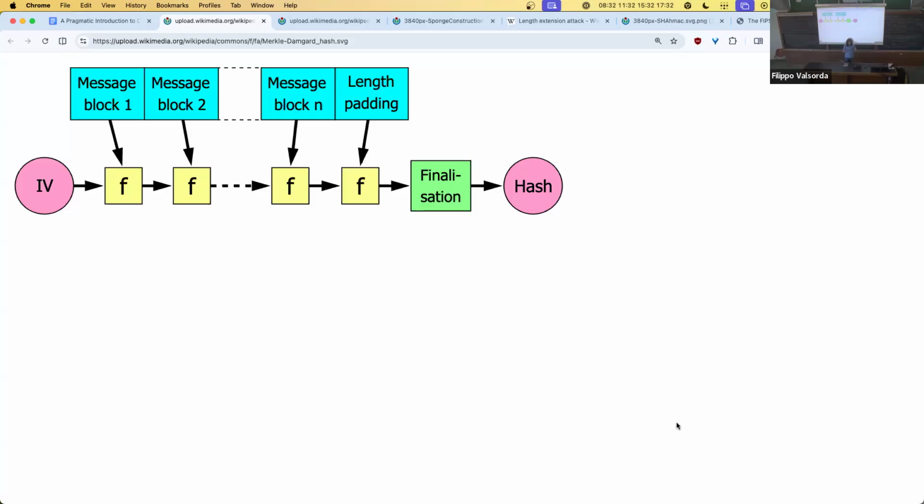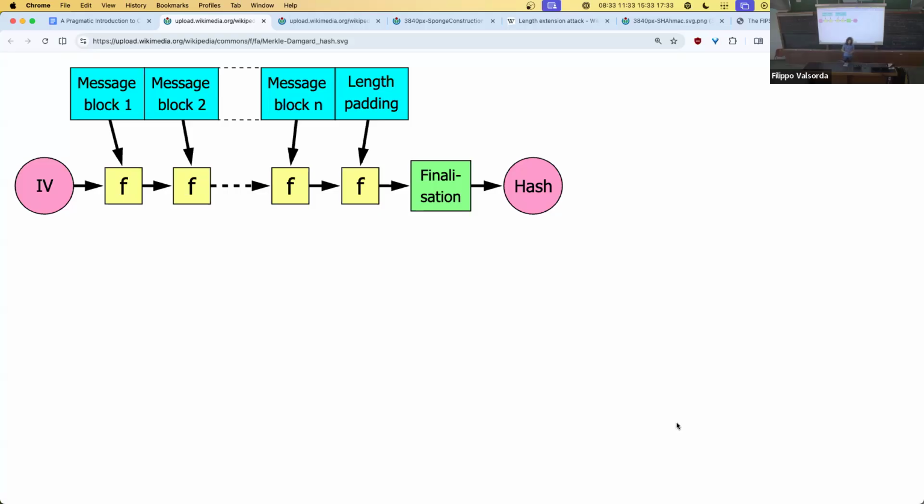How Merkle-Damgard does it: it takes the message, splits it up into blocks, does some little padding at the end, which we'll talk about in a minute, and then uses a compression function. Again, a lot of cryptography is we have a bigger task, we have a smaller tool, we find a way to use the smaller tool to do the bigger task. So if we start at the top, we wanted a random number generator, but we had a hash. And so what we did is we put entropy plus a counter, kept running the hash, and we got a random number generator. Now we want a hash. How do we do it?